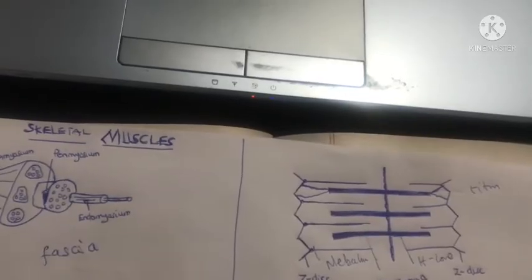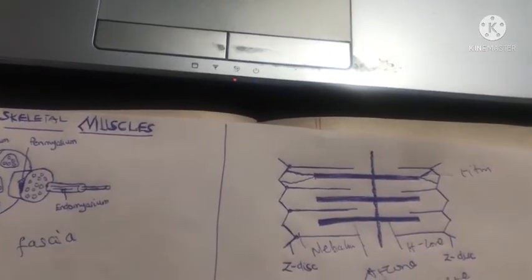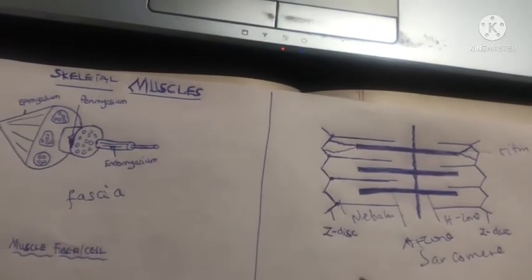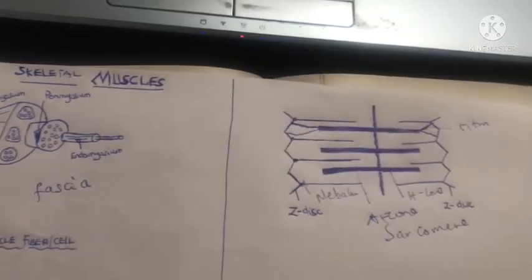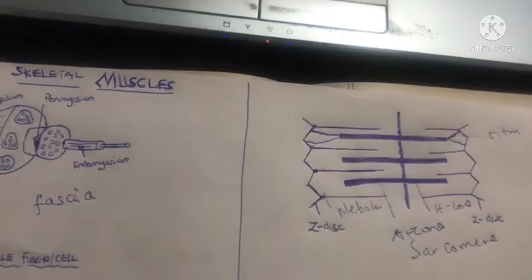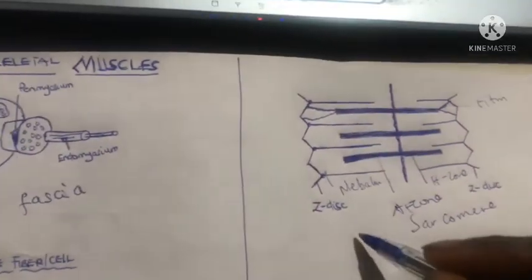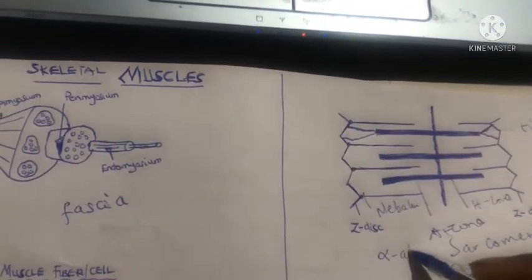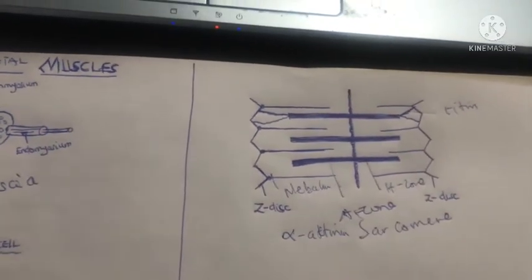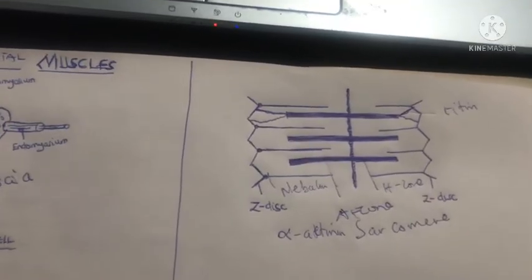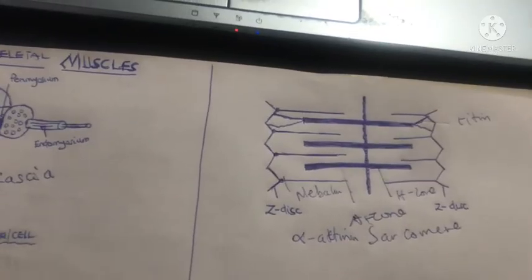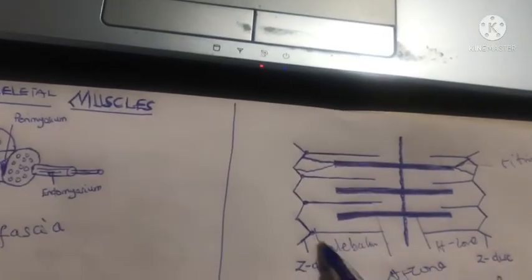I've talked about the sarcomere, I've talked about the A zone, the Z disc. So let's look at the Z disc. The Z disc is made up of a protein we call alpha actinin. A protein we call the alpha what? Actinin. The alpha actinin. So the A zone is known as the anisotropic zone, and where we have only the thin filaments,